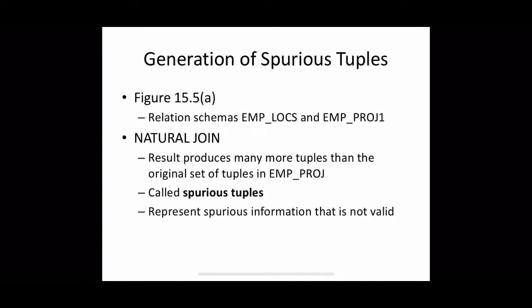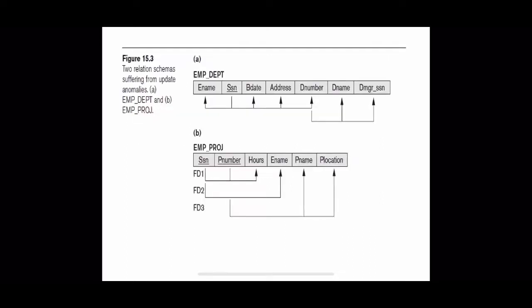Okay. The last design guideline, the fourth, is about generation of spurious tuples, right? Before moving to that guideline, let us see what a spurious tuple actually is. You remember the employee project relation, right? This is not a good design because a lot of redundant information will be there if we store all this information together. Here, for each employee, we are storing the information about the project he or she is working on: the project number, hours, employee name, project name, everything.